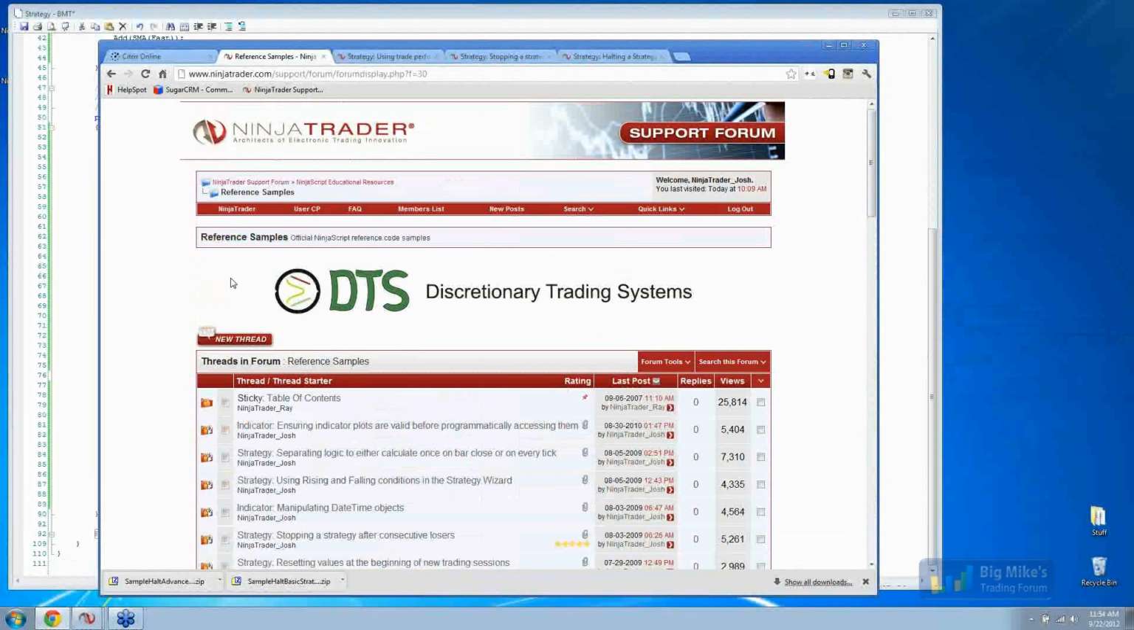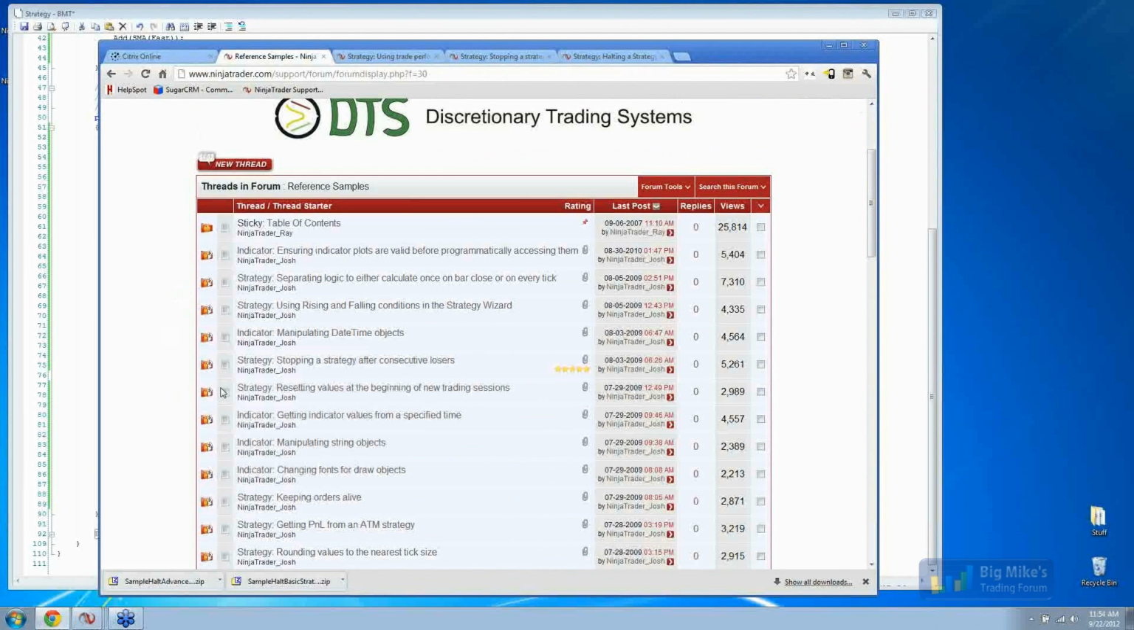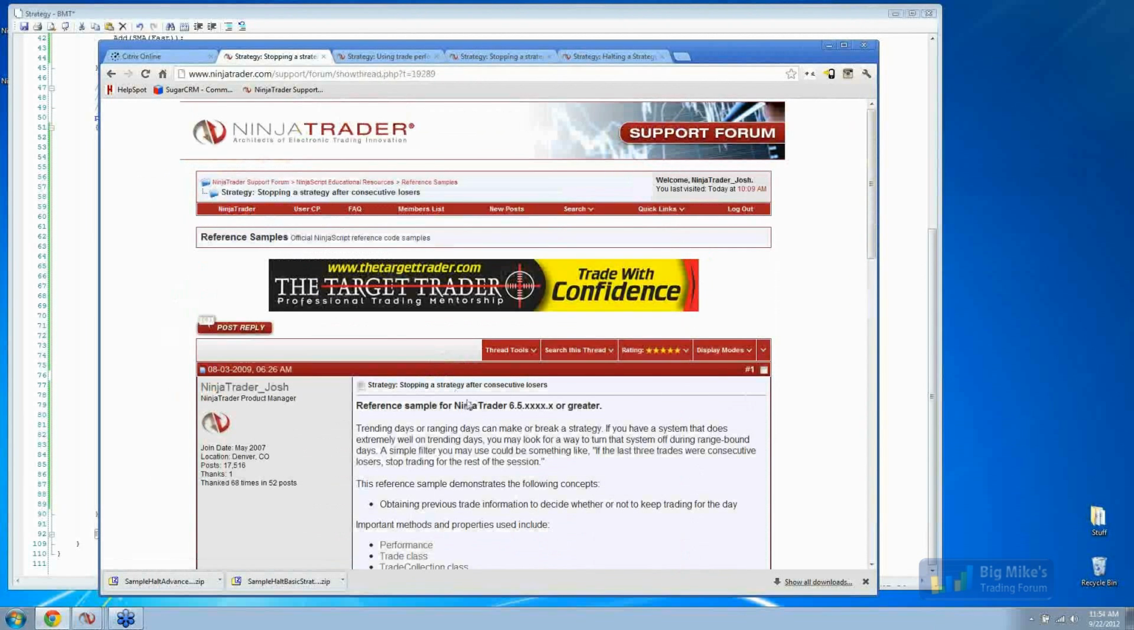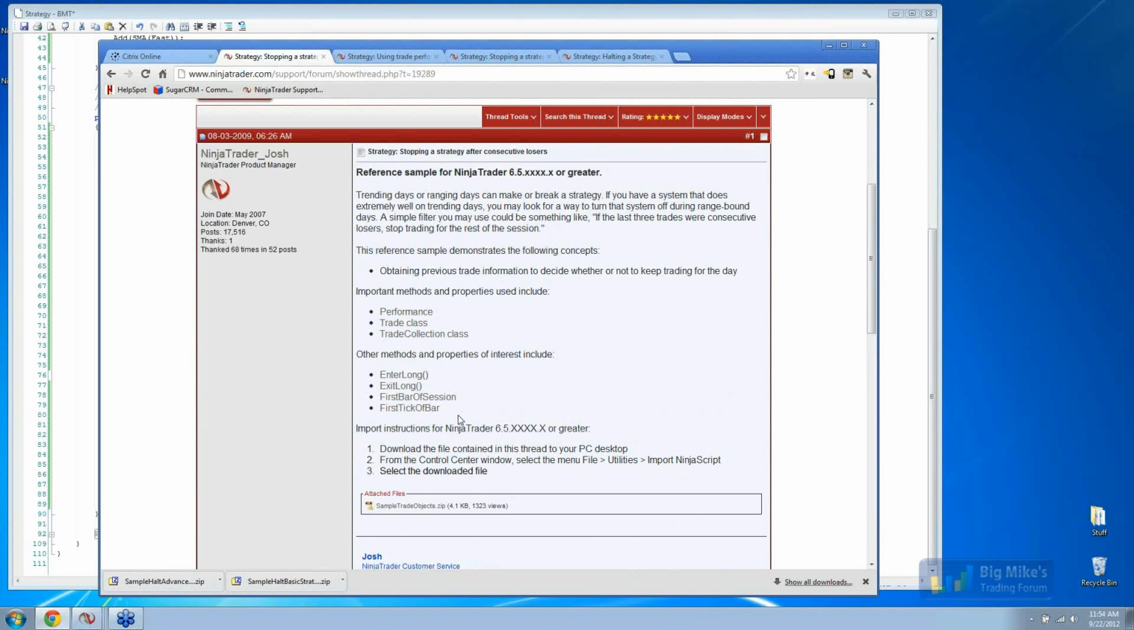In here, there are several key reference samples that you want to look at. The first one would be over here, stopping a strategy after consecutive losers. For this one, you want to come here, download this attachment file and load that into your NinjaTrader, and then you can see sample code with a lot of comments on that. This is definitely a very good resource to help you further understand the concepts I was talking about here